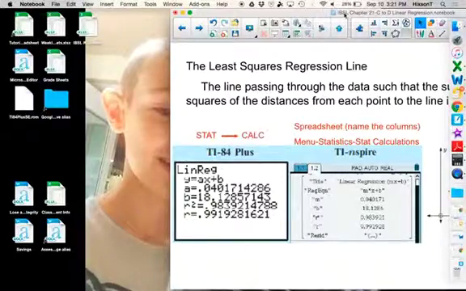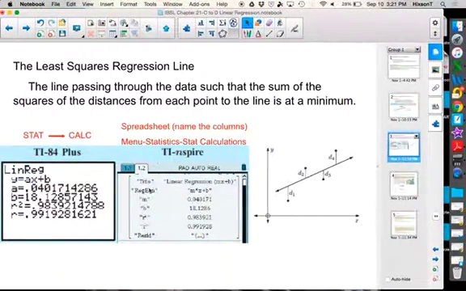And then what you want to find is your linear regression. Okay, so you're going to get that data, and then you can go into your menu. Once you type in that data, you'll go into your menu and